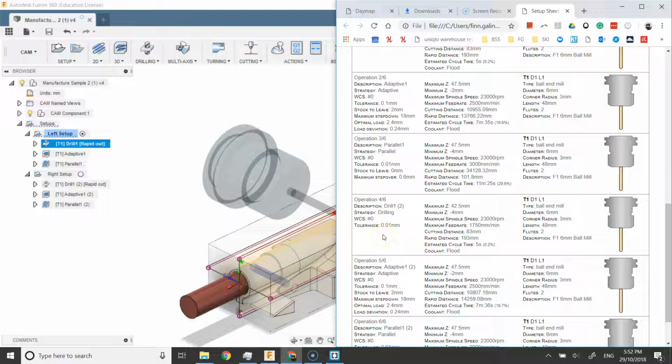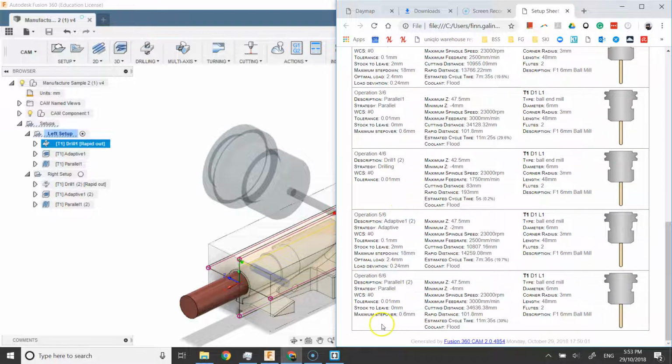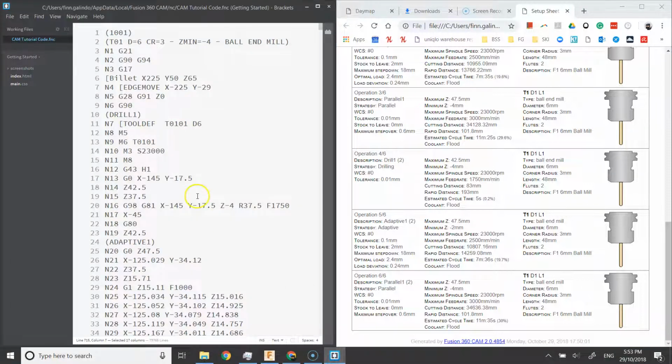The reason for this is because we need to do a G28 code. And the G28 code basically is an instruction that tells the machine to home after it moves 180. So I would then write here at this dividing line an arrow and the numbers A equals 180 degrees because that's what you've got to rotate it to. And at the end, another arrow please that says A equals 0 degrees because we want to rotate it back to 0 after we've done the right-hand side code. So how do we make these codes and where do we put them? Well, you now need to make sure that you put them in between parallel and drill